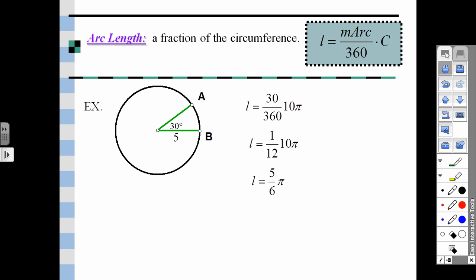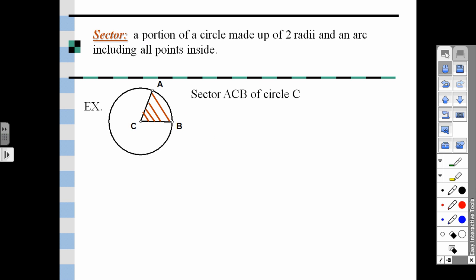All right, so that's arc length. Now let's talk about what a sector is. A sector is just a portion of the circle that's made up of 2 radii. So here's a radius, here's another radius, there's my 2 radii, and then the arc joining them, and then all these points in between, so that's why it's all shaded. So this whole thing right here,